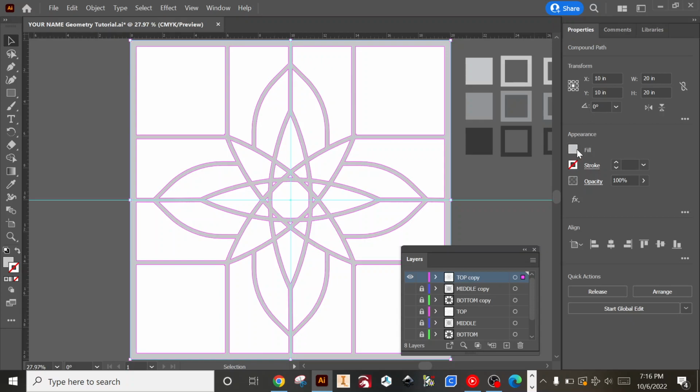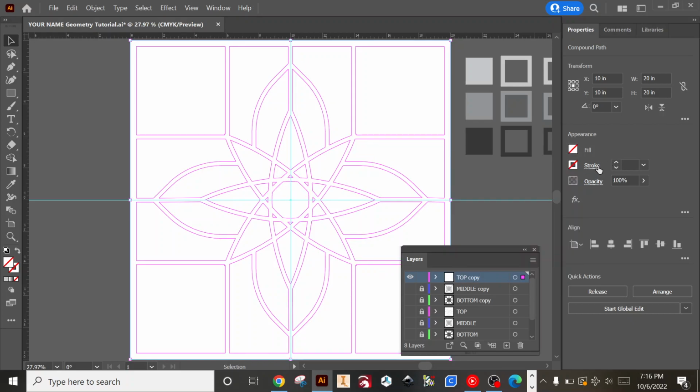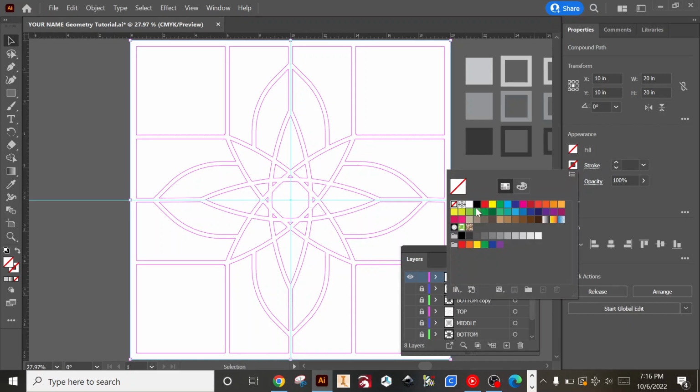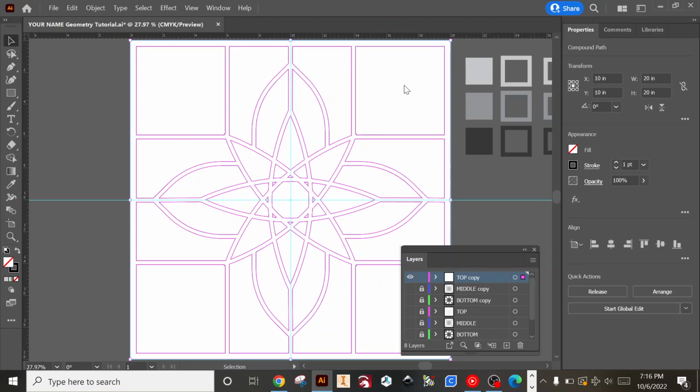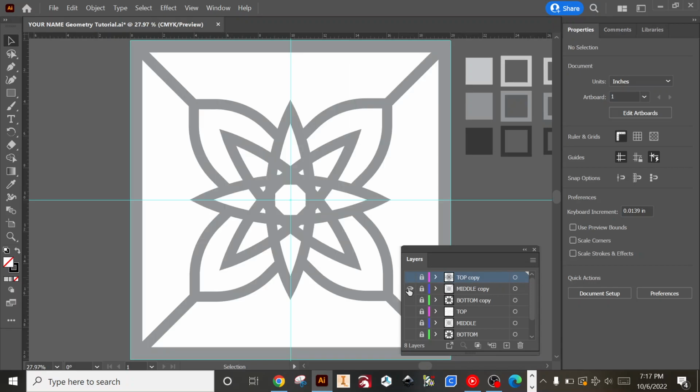And you'll see that we have a fill on our lines, but we don't have a stroke. So what I'm going to do is turn off the fill, okay? And then I'm going to click the stroke, and we're going to go to a black color. Okay, so that is the path that the laser cutter would follow. Pretty cool. All right, so I'm going to lock that, and we're going to do this for every layer. I'm going to turn that off, turn this on,